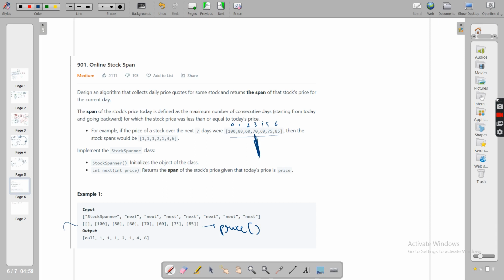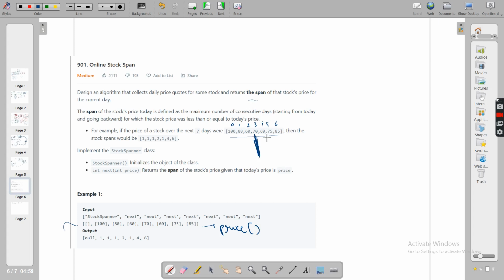First of all, the stocks to its left. What I mean is, consecutive stocks to its left which are lesser than or equal to this stock, you will say they are in that span. So they will be counted as the span of that stock.